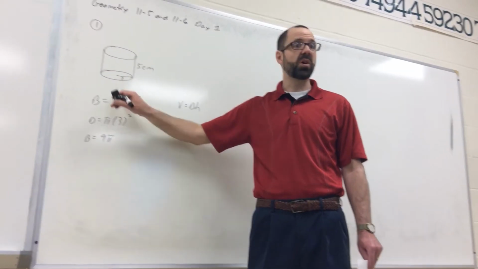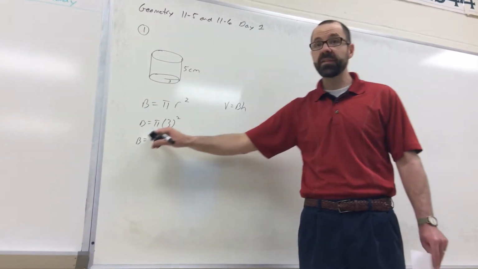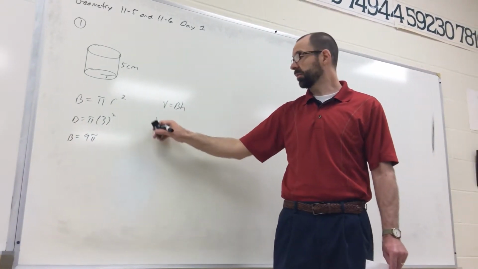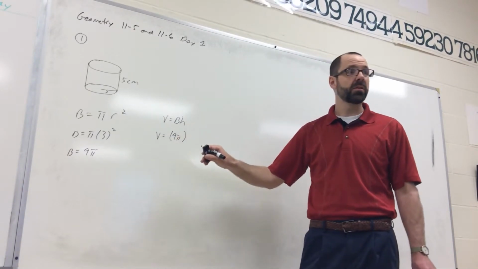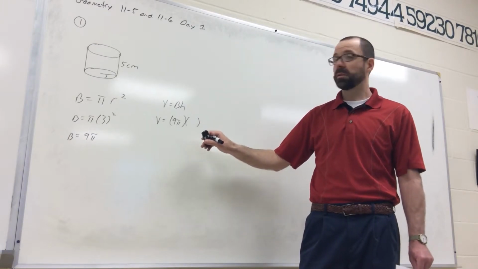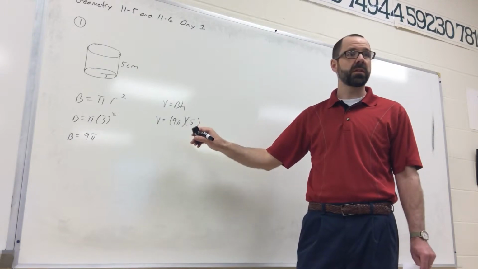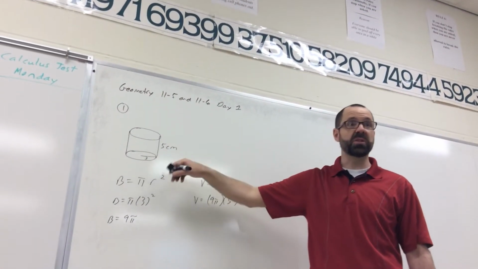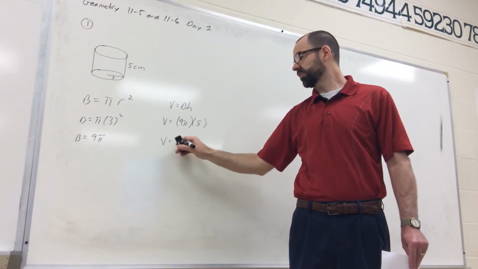So this part was just figuring out what the area of the base was. Now we take that answer and transfer it to this volume formula. So the volume is the area of the base, which is 9 pi, multiplied by the height. And the height is 5 here, because it's the distance between the bases. Circle on top, circle on the bottom, 5 between them. So the answer for the volume is